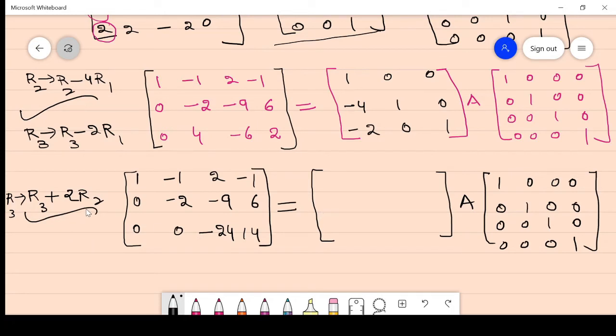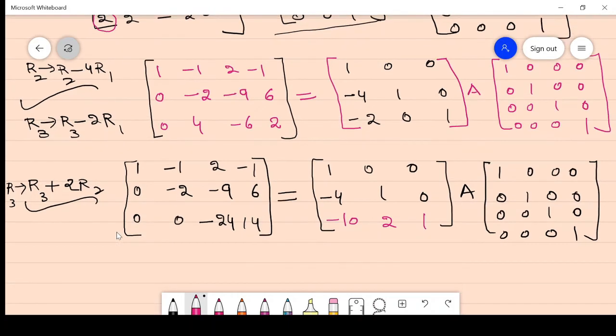So just first I write this matrix and then I will operate the row operation at this place. So this is R3 plus 2R1. First is the same, 1 0 0, second is the same, minus 4 1 0, third is R3 plus 2R1. So this is minus 8, minus 8, minus 2, minus 10. So this is 2 plus 0, 2, and here it is 1. So multiply by 2 then add to row R3. Now this term